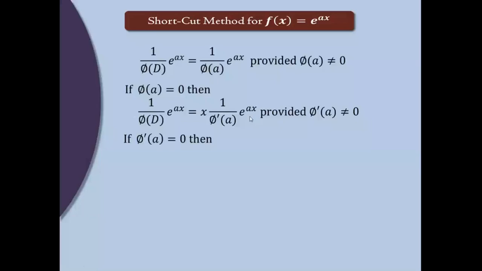Okay, we have to take the second derivative. And if this second derivative is non-zero, then we have to attach x square into 1 upon that non-zero derivative, e raised to ax. And we have to continue this until we get some non-zero derivative. Whichever order derivative is non-zero, that many powers of x we have to attach. Third derivative non-zero, x cube. Fourth derivative non-zero, x raised to 4. Like that we have to continue. Okay, so a very easy method.